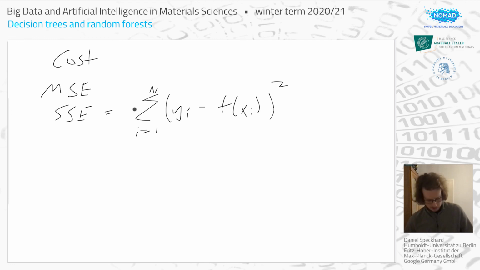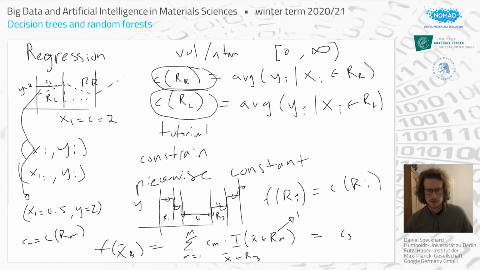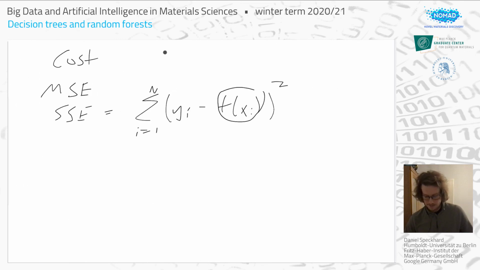So this is the sum of squared errors. Great. And optimizing this is the same as optimizing the mean squared error. And so we can input our function that we found already, that single function from this page back here, and we can look at finding what is the best split. If you watch the tutorial, you'll find out again why we choose the cMs to be the average y